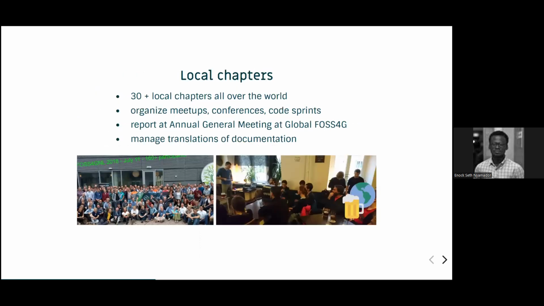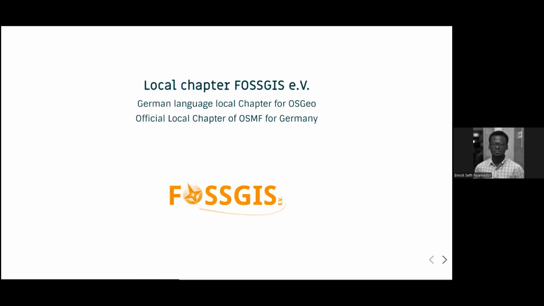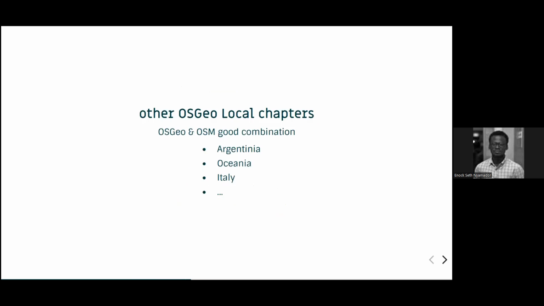Local chapters, the same, exist in OpenStreetMap communities that organize events and run local events and many others. Local chapters, I think, were inspired by OpenStreetMap, or all the same from the Wikipedia movement, somehow you could see. An example of such a local chapter is OSGeo.de, which is the German language local chapter for OSGeo. Similarly, there is the same local chapter for OSMF in Germany as well. So I'm telling you that it cuts across many levels, the same way OSGeo and OSM have local chapters across places like Italy or Oceania and so on and so forth.